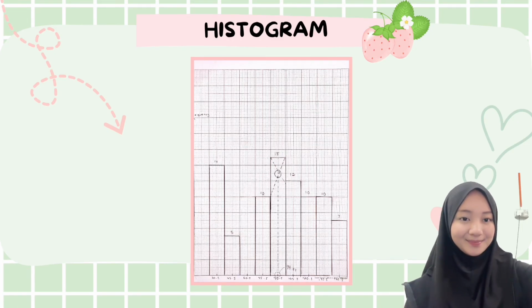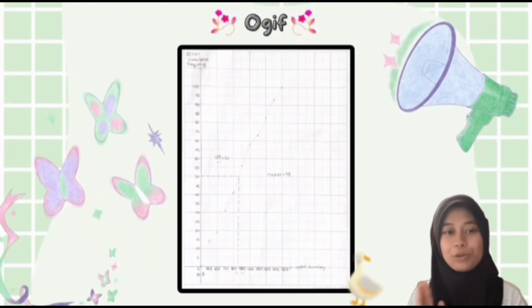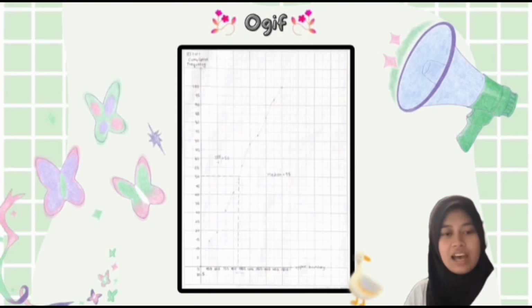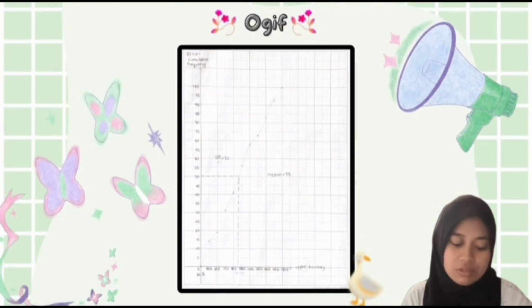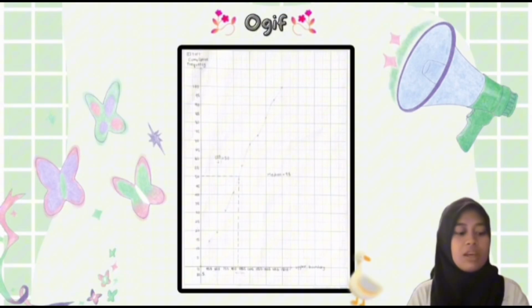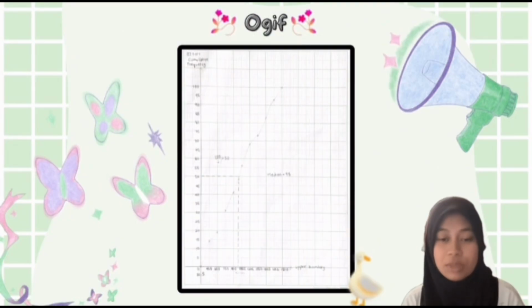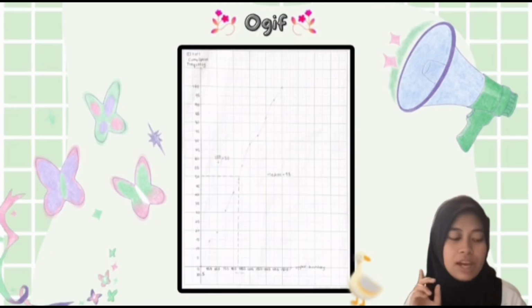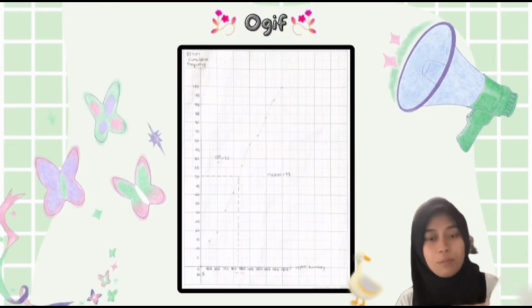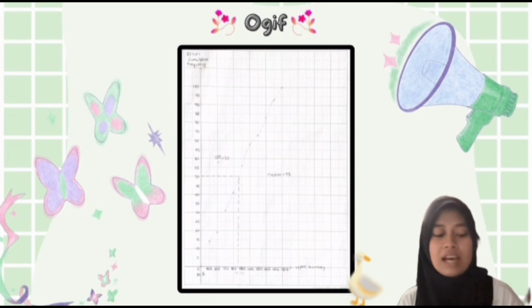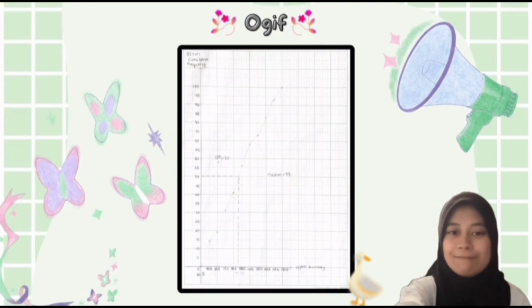That's it. So, I'm going to explain the ogive result from the group data that we got. For the vertical part, we need to find the cumulative frequency, and the highest result we got is 100. Then for the horizontal part, we need to find the upper boundary. The last answer is 180.5. And lastly, to find the median, we take 100, the highest cumulative frequency, over 2, and we got 50. Then from 50 we draw a line across until we find the answer at the upper boundary, which for the median is 19.8. So that's all from me.